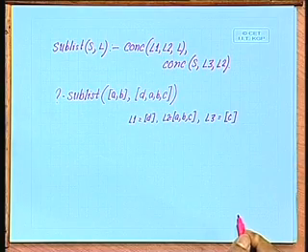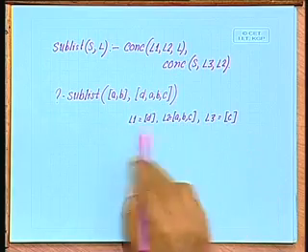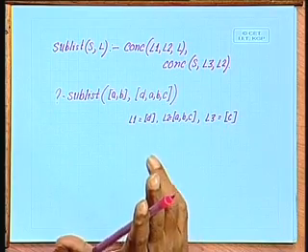Right. So roughly this is the way in which the final instantiations are going to take place, but the question